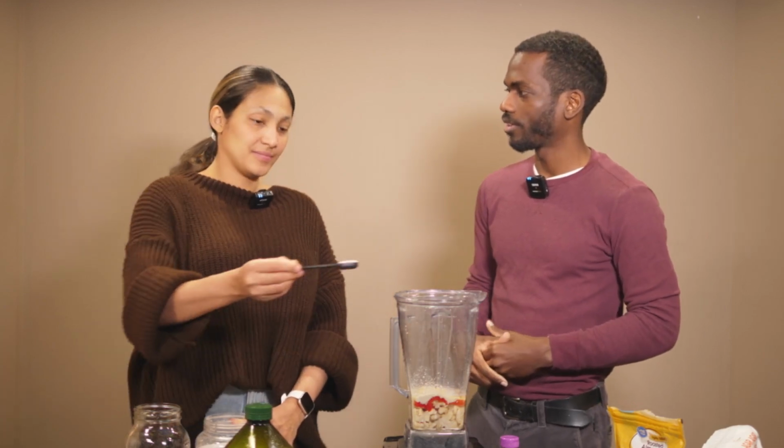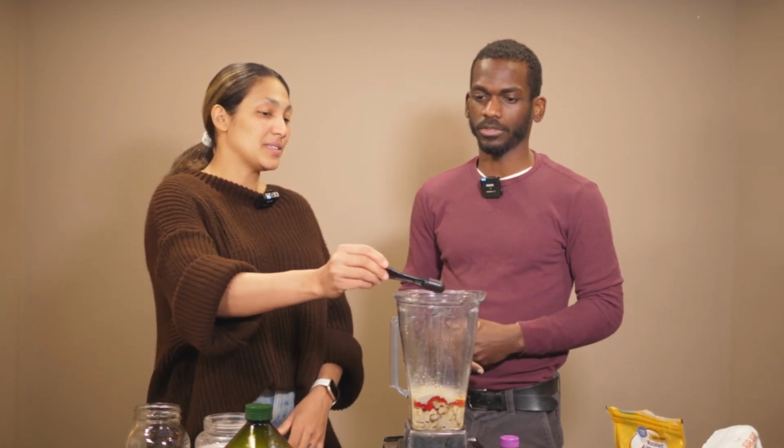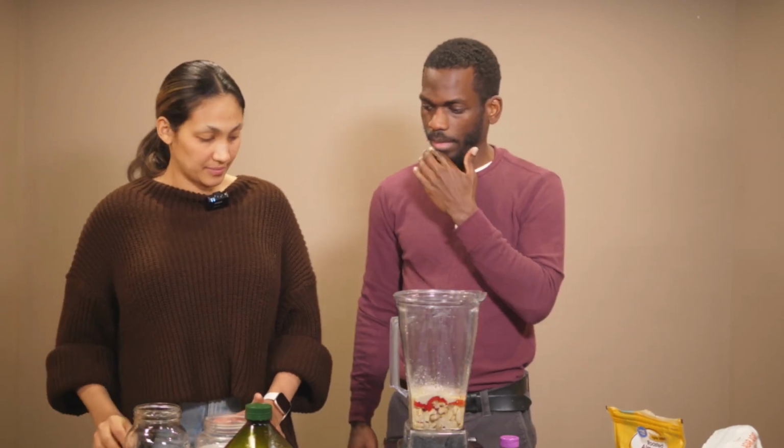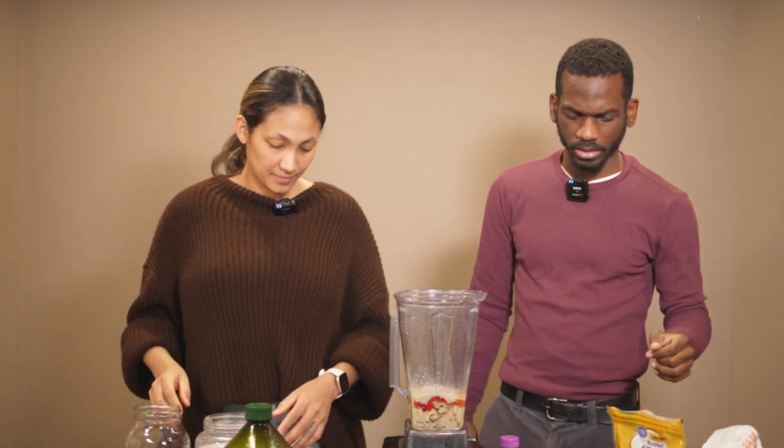So you can pour the salt in, a teaspoon. One teaspoon? Yeah, a teaspoon of salt. And I believe that is it. The only thing we're missing from our recipe is an optional addition. You don't have to add it in,